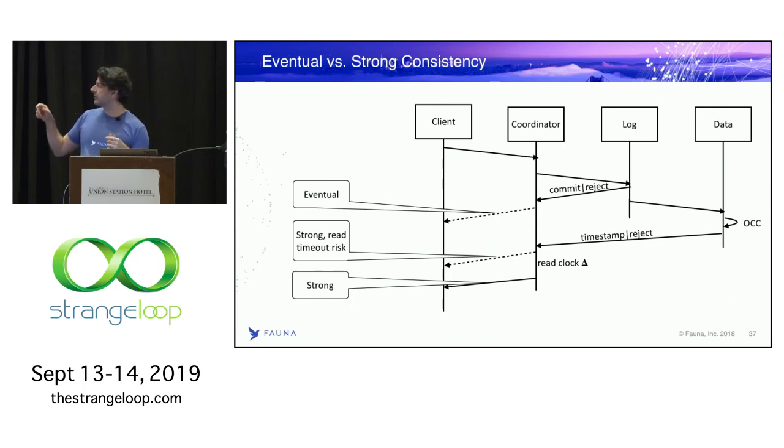Eventually, the transaction goes from the log node to the data nodes, and there's the little OCC check arrow there as well. The data nodes will all achieve the same outcome, which is either I applied the transaction and this is its timestamp, or I had to abort the transaction because it failed the OCC checks. At which point, this information again goes back to the coordinator. The client is still waiting. We still haven't acked to the client. At this point, we could ack to the client. We have a timestamp or a rejection message, but let's presume we have a timestamp.